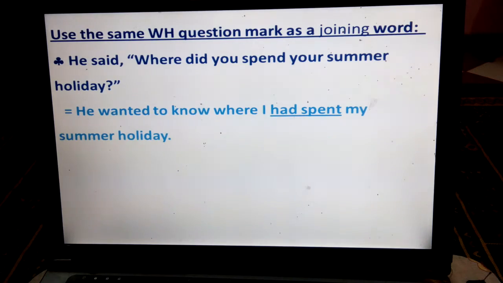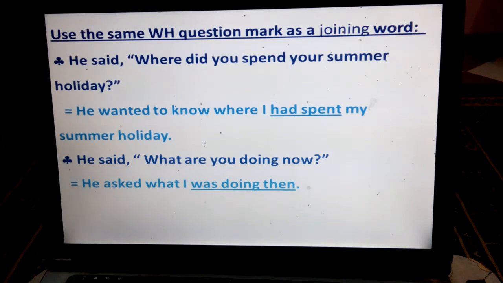He wanted to know where I had spent my summer holiday. So said changed into wanted to know, that is number one. Then the joining word where, then the subject you became I, and then did refers to the past and past simple is changed into past perfect. So past becomes past perfect, we use had and past participle, then the complement, and finally a full stop. Okay,